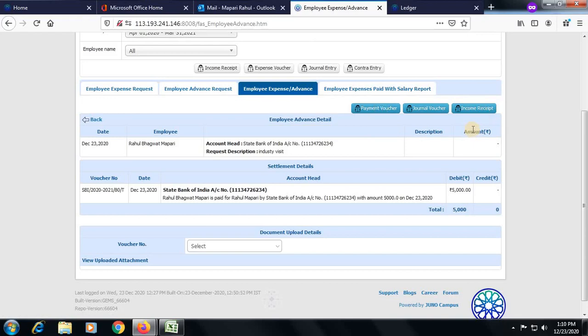So this is all about the advance payment request flow in the ERP system. How these faculties, how the staff members will apply for the advance payment through the ERP system, how the approving authorities will verify, check and approve the request against the advance payment, and how the accountants, the account officers will book the cash against the advance payment request, and finally how to settle the advance payments.